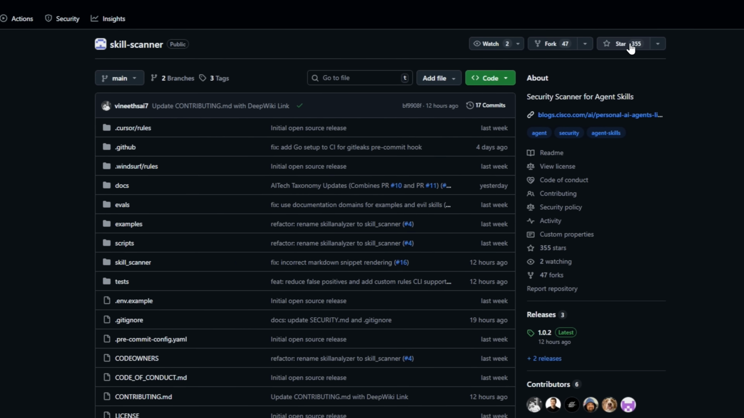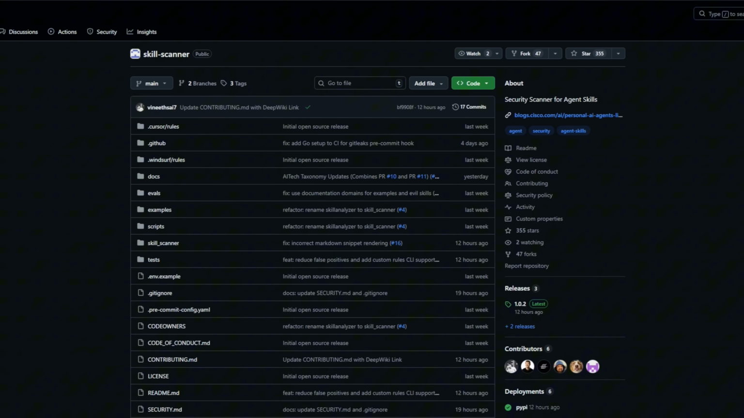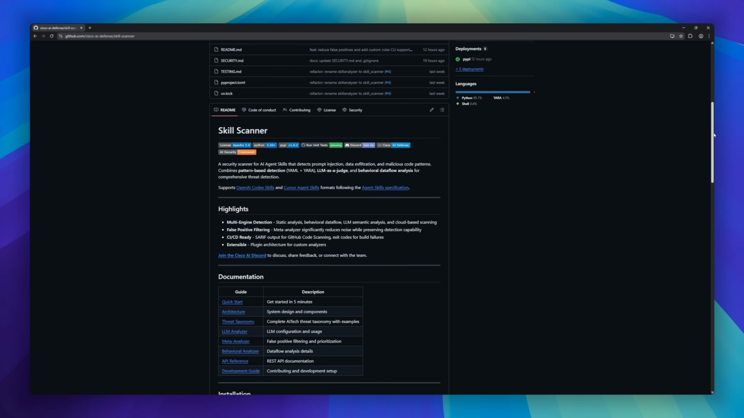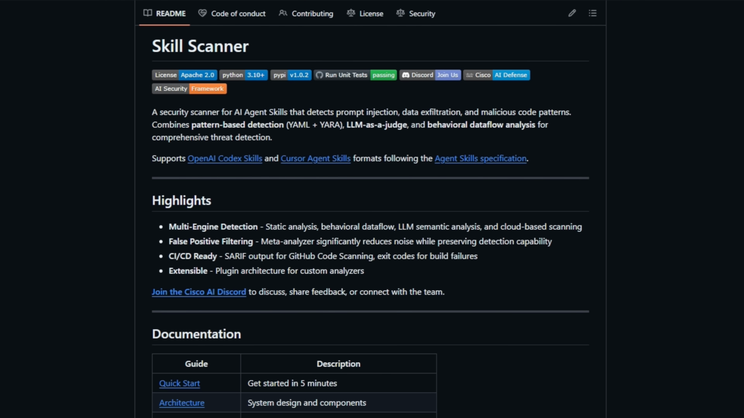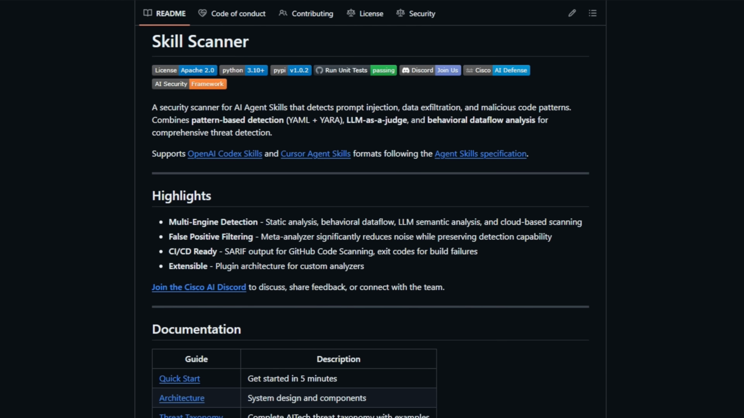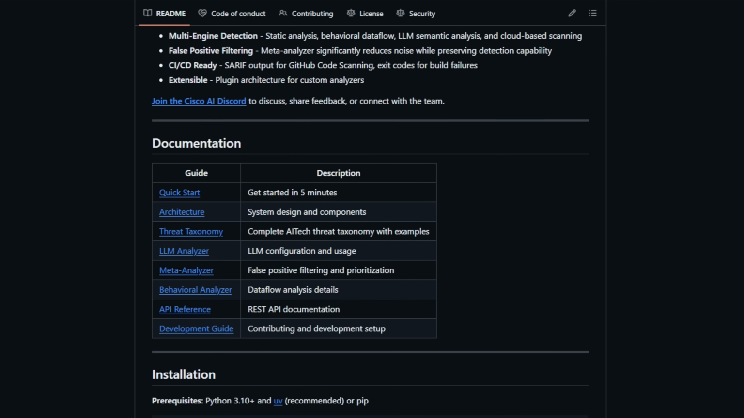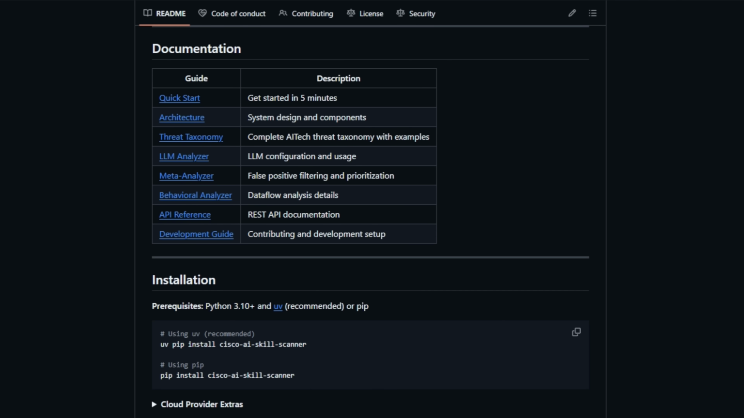Skill Scanner is a Cisco security tool that analyzes AI agent skills for vulnerabilities before deployment. It checks for prompt injection attacks, data exfiltration risks, and malicious code. It uses 4 detection methods: Yara pattern matching, behavioral analysis that traces data flows, LLM-based semantic analysis, and VirusTotal